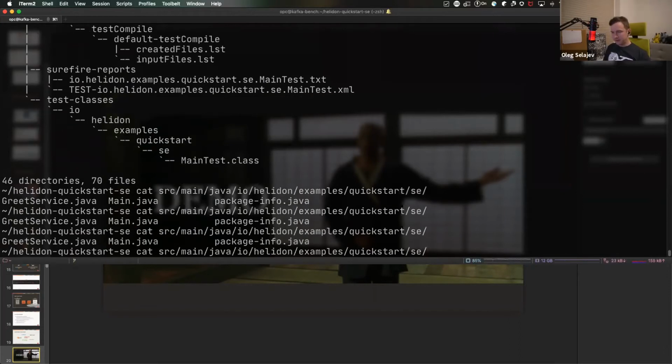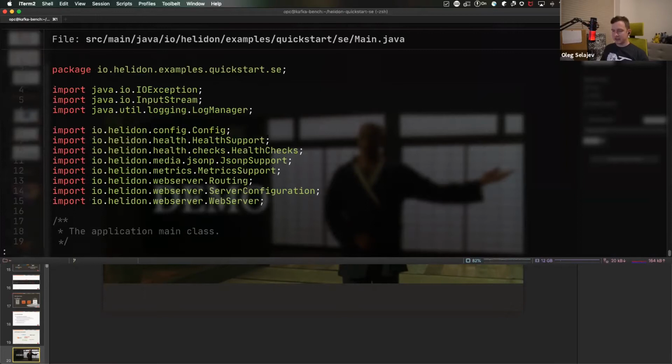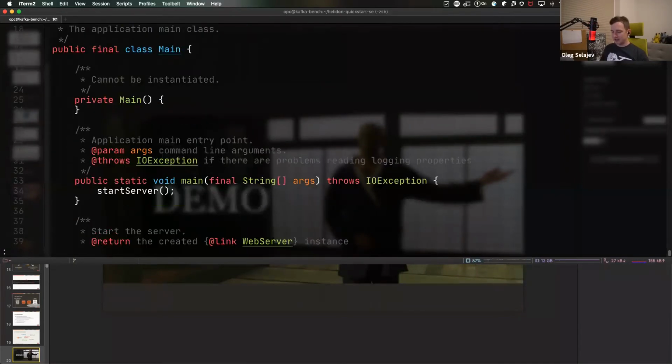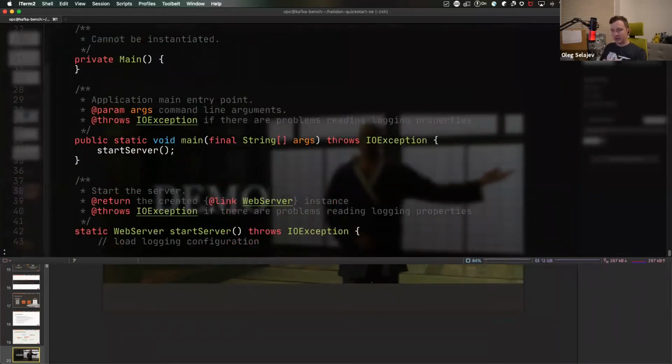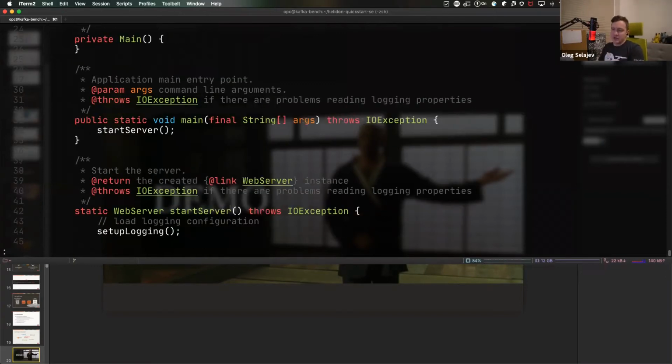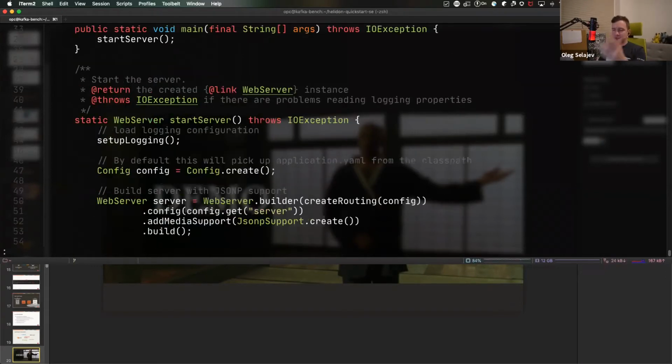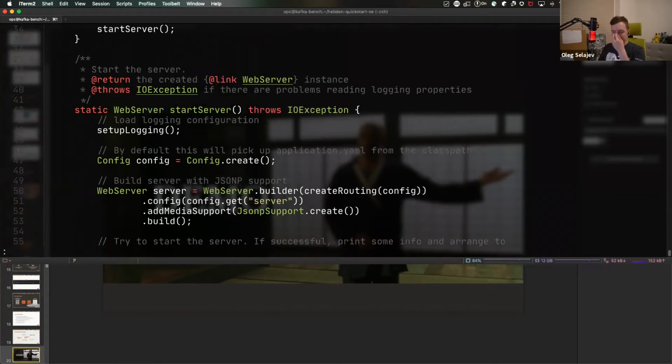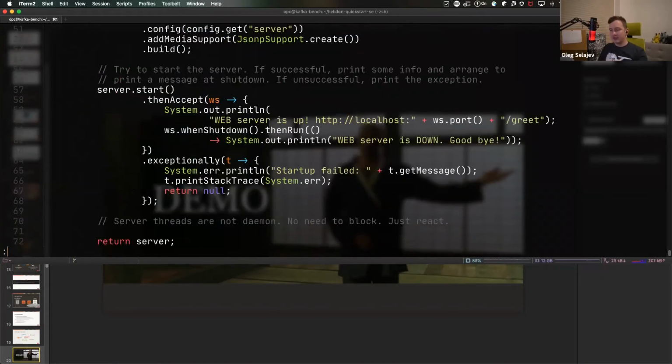We configure it, and this was the Helidon SE example. You can also use Helidon MP, which is a different flavor, and it also works as a native image. But here, what I wanted to show is that we configure the web server, we start everything, we create the default configuration, we create the handler,